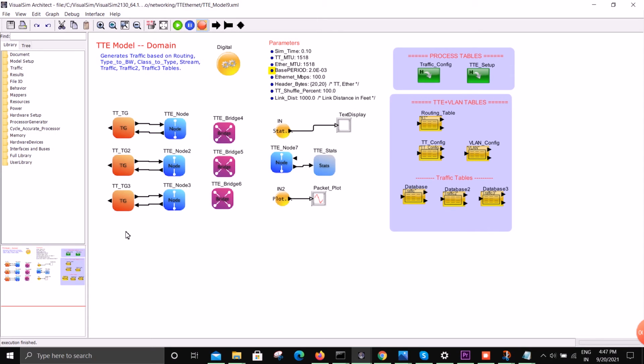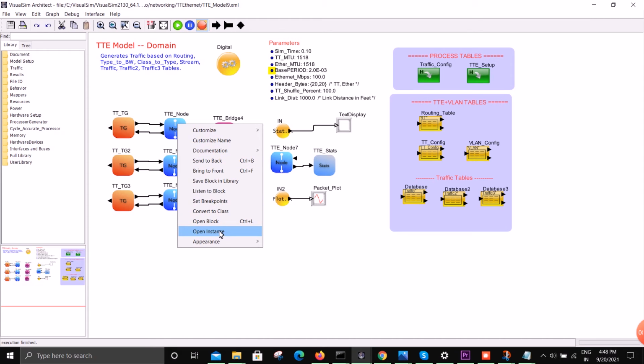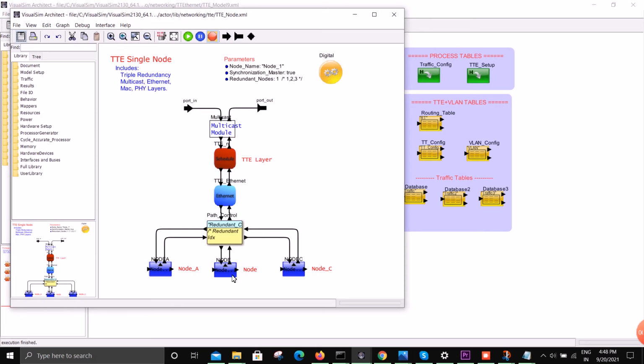There's one more concept in this, the redundancy concept. Inside one node we have a concept of redundant nodes. For example, if you open the block, you can see that there are 3 nodes inside one node itself. At some places there can be a requirement of verifying the information at the output.